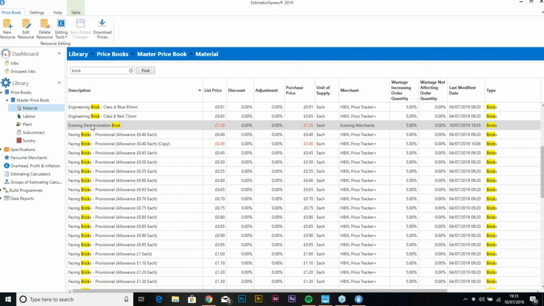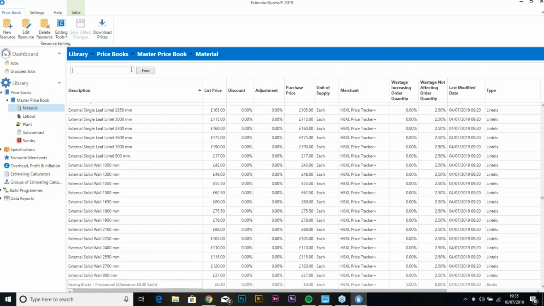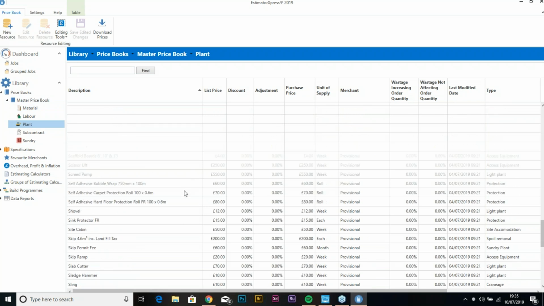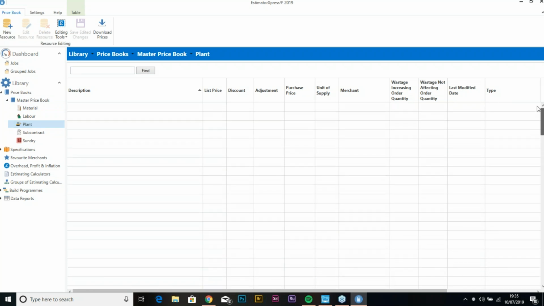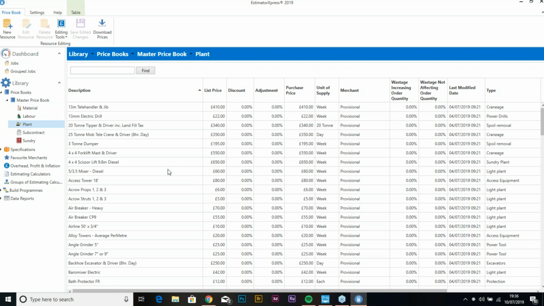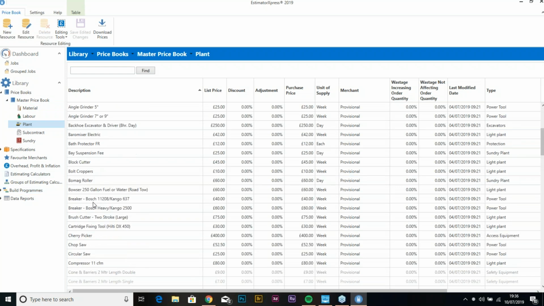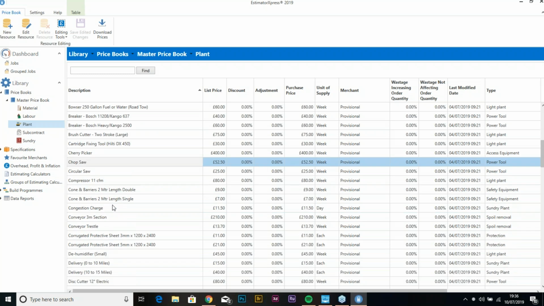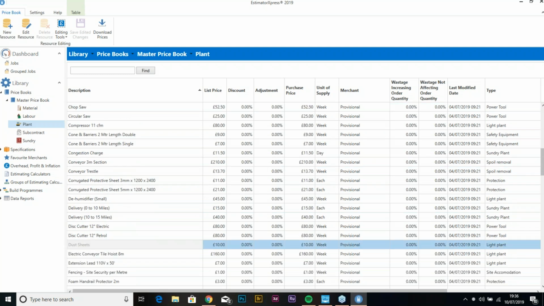But yes, what you'll find is that we have your evening demonstration brick there. Removing that, I can then start looking at the plant. Now your plant's going to cover you from anything from your access towers all the way through to your dust sheets. So I've got my access tower here. Scroll down a little bit further. We've got top saws, circular saws, dust sheets,